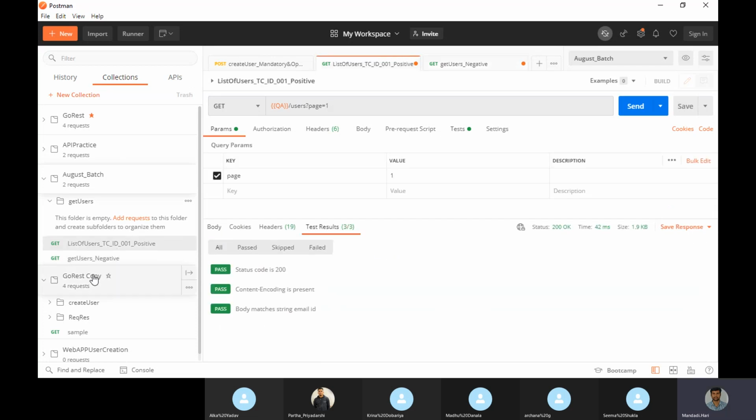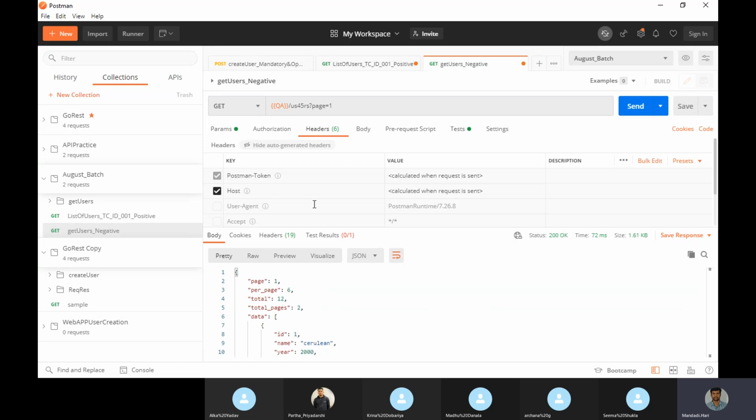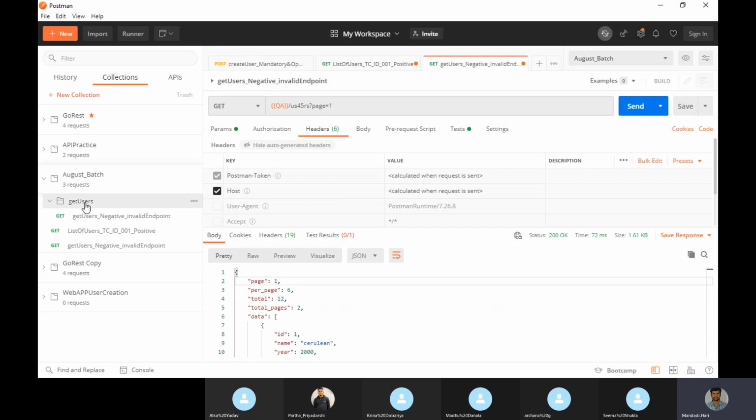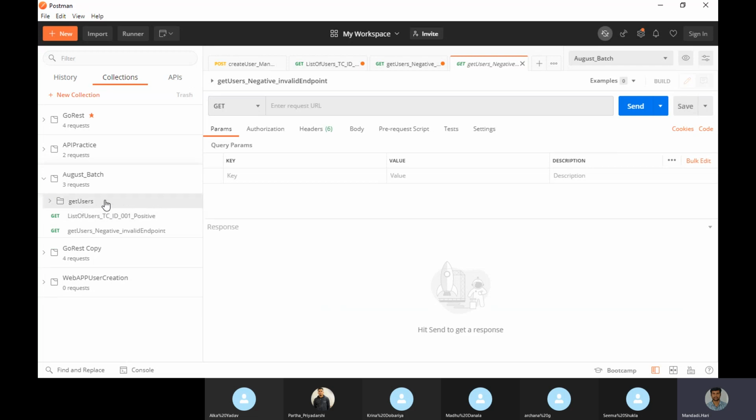Now in this way I have a list of cases. I have 10 test cases under one endpoint. In this way I am going to write the negative case with invalid header tomorrow. Negative, I can write, I will rename it as negative invalid endpoint. Tomorrow I will write one more, invalid header. So, naming conventions, just see. Instead of writing invalid endpoint I can copy and paste also. I can do Control C, Control V by clicking on the folder.